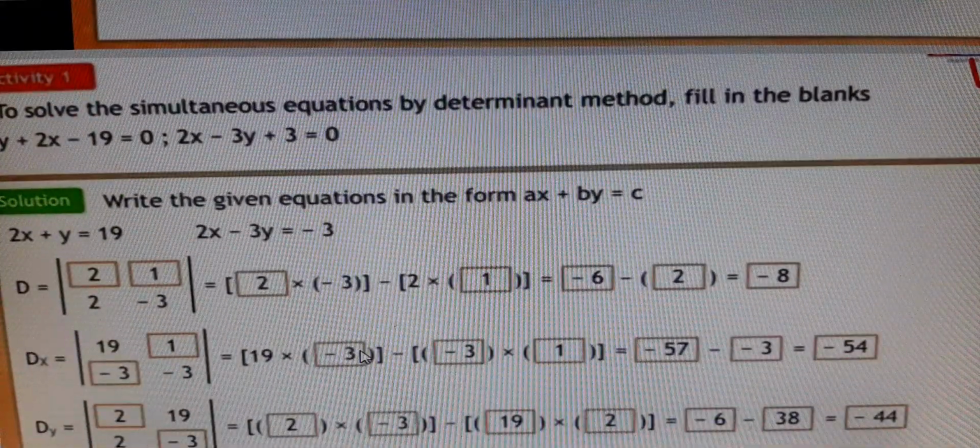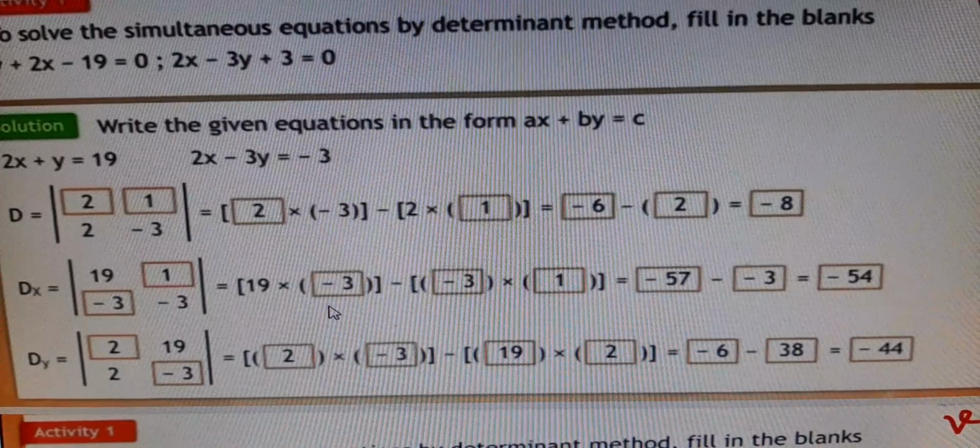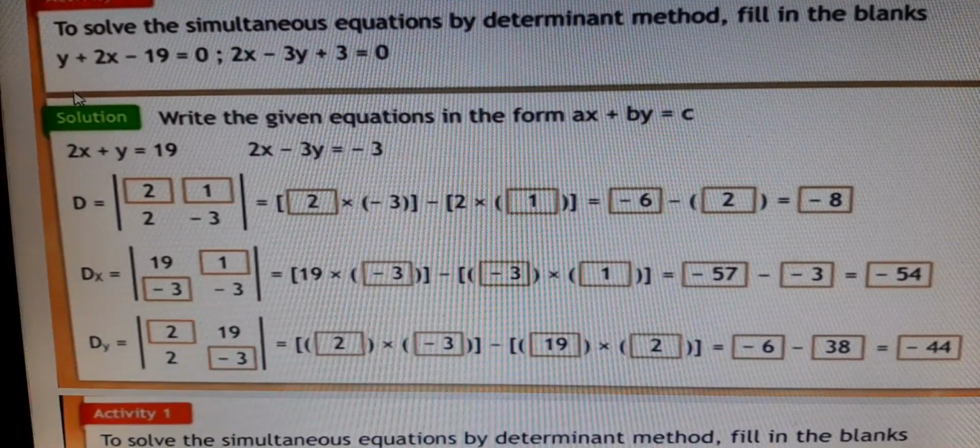Now again we can solve one more example so you can understand it very well. Here also we write it in the jumbled form. First 2x on the first side plus y on the next one, because we have to follow the rule 12, 32, 13 for the x variable, then the second y variable, and the constant term goes to the other side. Negative 19 goes to the other side as positive 19. Here the first term 2x is as it is, and the second term is as it is because it is a y variable, and the constant term goes to the other side as plus 3, as minus 3.